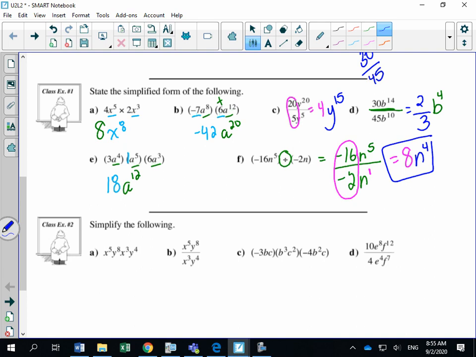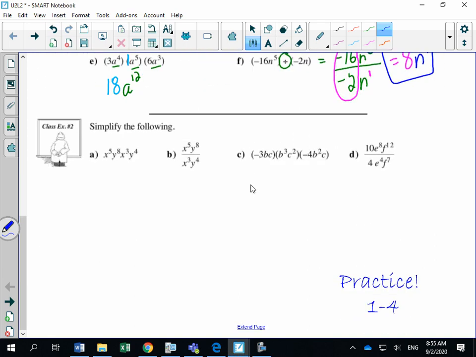as your answer. Okay, class example number 2, and then you'll pause, you'll finish by practicing some homework questions before you watch part 2. So simplify the following. I'm going to do A and B with you, and then I want you to pause the video, see if you can do C and D. So what's happening here is we have 2 different bases, but x's get to go together, right? Those are like bases. They're the same bases, so I can apply my exponent law to my x's. The law is the product law. You would add 5 plus 3. Okay? Then for my